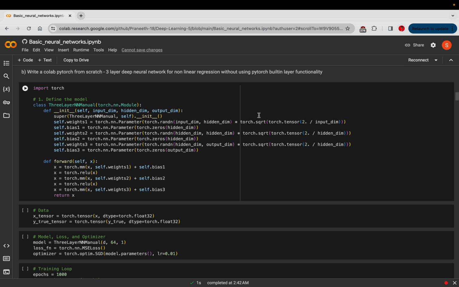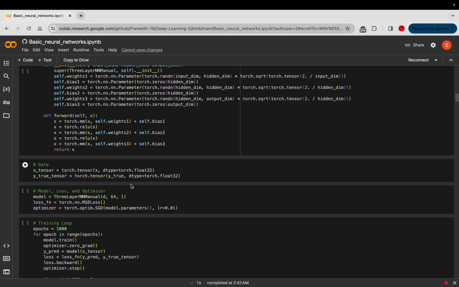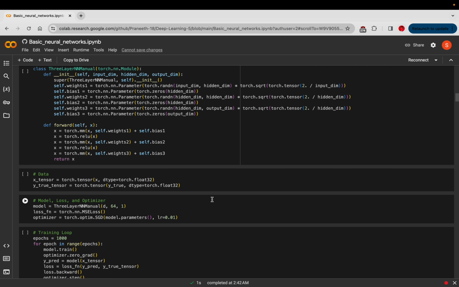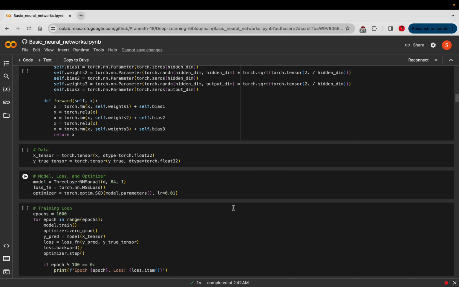Firstly, we define the model and manually define the layers with their weights and biases, and then we get the data, and also we use the activation function, which is the same, the ReLU, and the loss function is mean squared error, and the forward and backward passes, we implement the forward pass manually, and for backward pass and optimization we utilize PyTorch's AutoGrad to automatically compute gradients, and an optimizer to update the model's